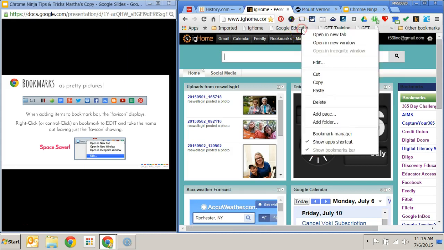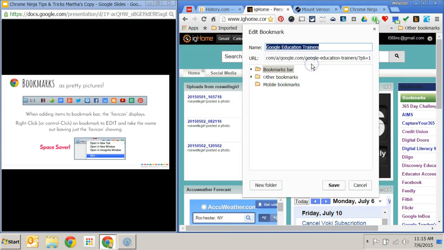If I right click on one, I can edit those, and I can change the title. And if it's something that has a favicon like Facebook or Flickr or Google Plus, you can actually take away the name, and so all that shows up is the favicon, and that's really handy just to save space on that bookmark